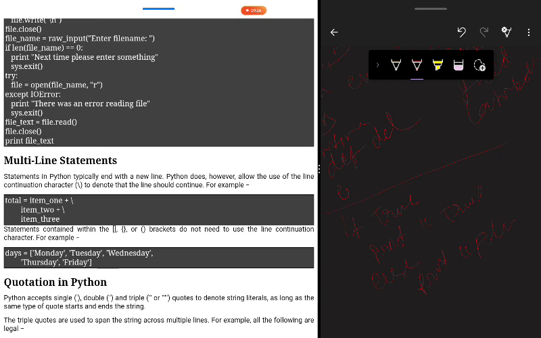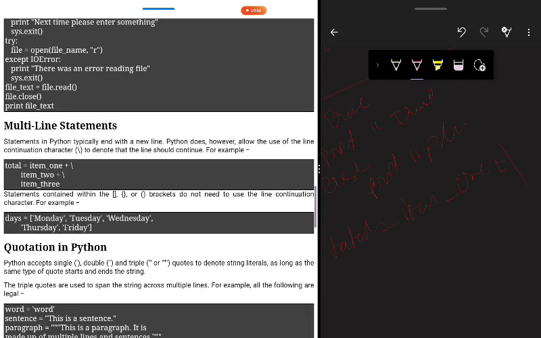Multiple line statements. Statements in Python typically end with a new line, but Python does allow the use of the line continuation character to denote that the line should continue. For example, total equals item_1 plus, new line, item_2 plus, new line, item_3. So statement